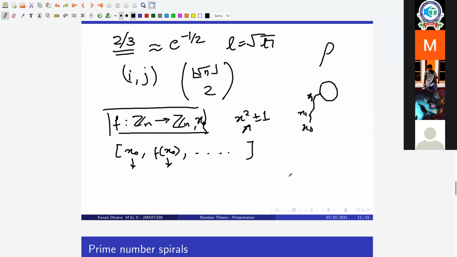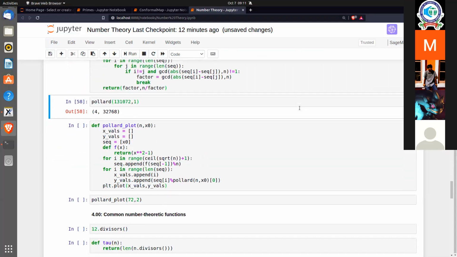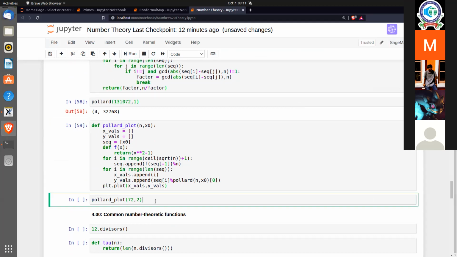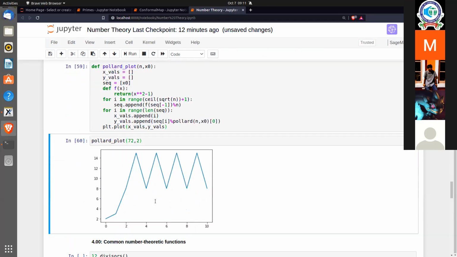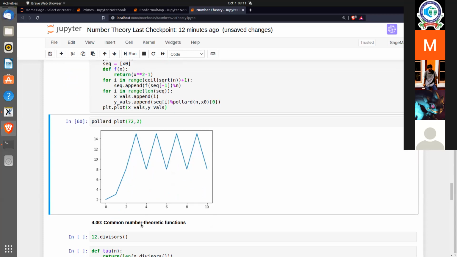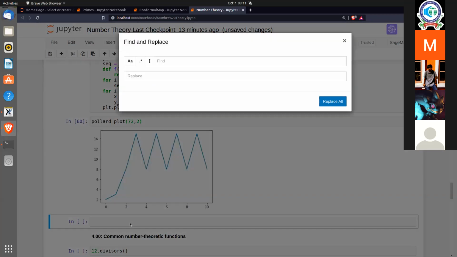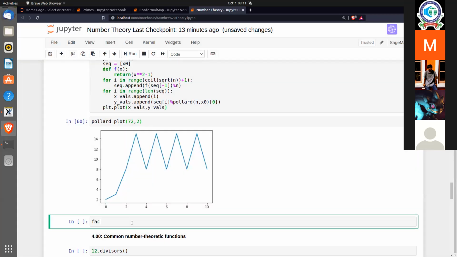And this running into a circle that I was talking about, if you don't want to get into graph theory, we can also visualize it using a scatter plot essentially. So I've taken 72 here because it's easier to plot. So if I just quickly look at what the factors of 72 are.